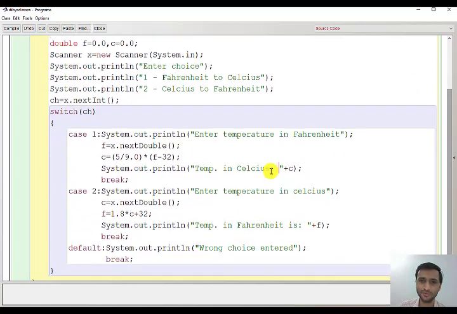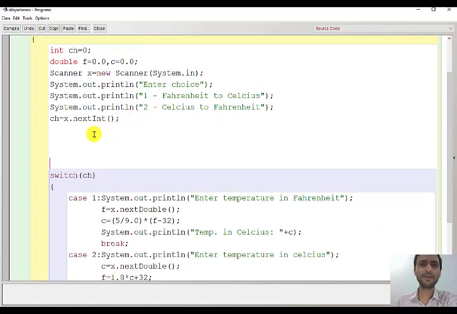Similarly, if the choice is 2, I am asking the user for Celsius, getting the input from the user, calculating the value in Fahrenheit and then printing the value. In case the user is giving a wrong choice, then I am printing that you have entered a wrong choice. Clear? So many students do what? They will take input here.